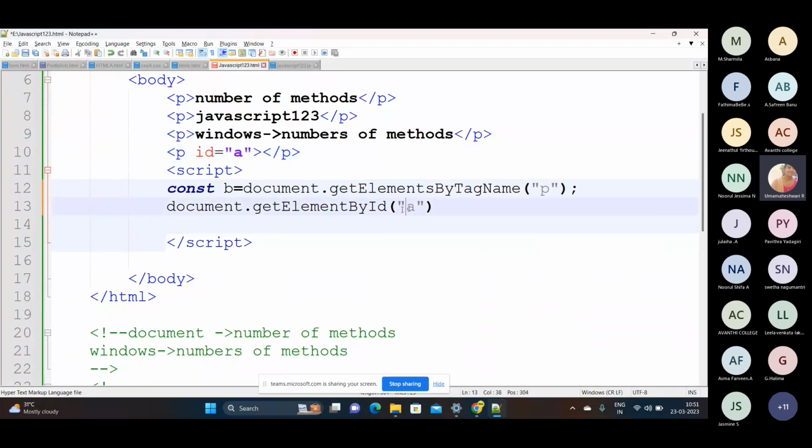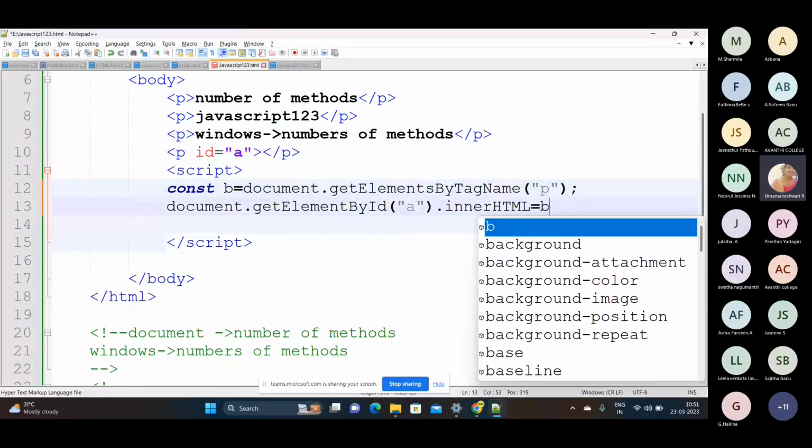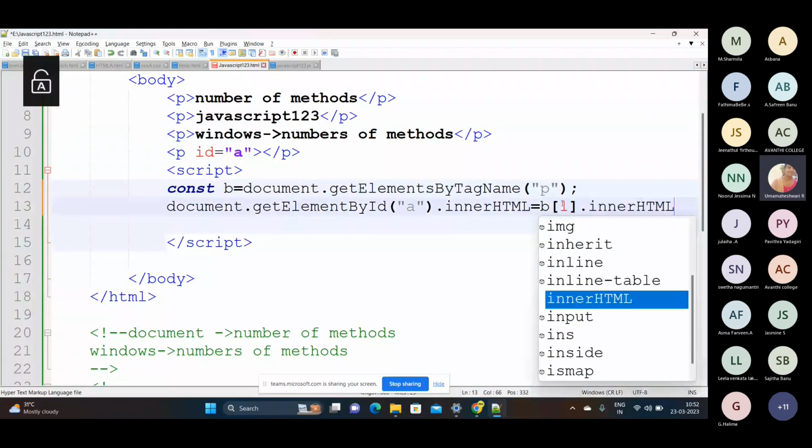Okay, so here I have mentioned a name as a. Now I'm going to change the value, right? For changing the value, we will use the inner html property. Okay, so what is the variable I have mentioned for this tag names? It is b, right? So I will be giving b. Which particular tag element are you going to represent? So here I'm going to represent the value of this JavaScript 123. This will be arranged as an array. So first is 0, second is 1, and the third is 2, right? So what will be the value for this one? This will be considered as 1. So b[1] dot inner HTML. Okay,